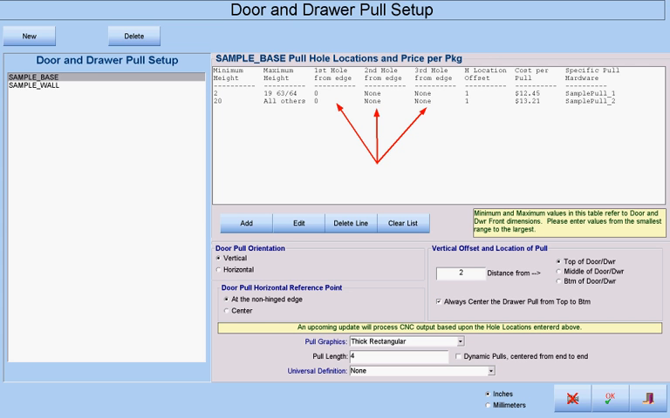Cabinet Pro allows 1, 2, or 3 holes to be drilled for a given pull. These hole locations are used at the CNC level for all doors and drawer fronts that are assigned a pull in a job without the user having to do anything but design the cabinet. You may position the door pull horizontally at the non-hinged edge of your door or in the very center of your door, and vertically either at the top, middle, or bottom of a door. The horizontal location offset refers to how far horizontally from whichever reference point is chosen that the pull should be located, while the vertical location offset refers to how far vertically from its vertical reference point that the pull should